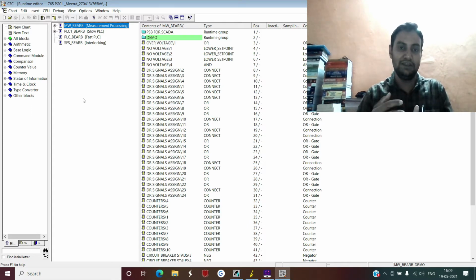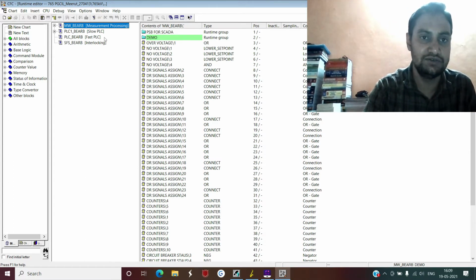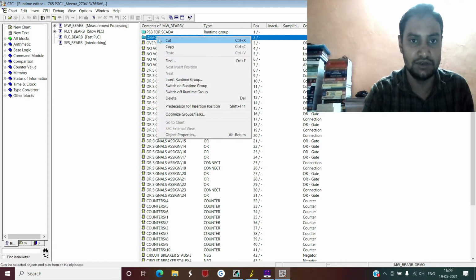So whenever timers or analog signals are involved in our logic, those logics are compiled in the measurement processing. But by default, all the logics are selected in the measurement processing only. So when you are compiling your logic, it generally happens that all your logics fall under this measurement processing only. What you have to do is simply drag and drop those.